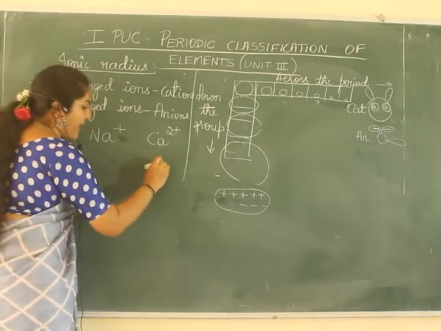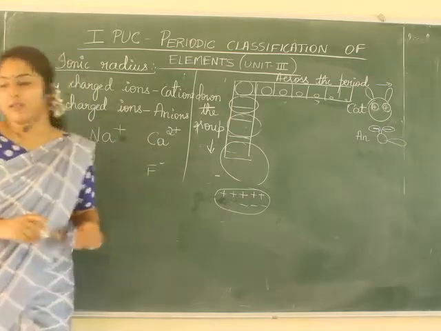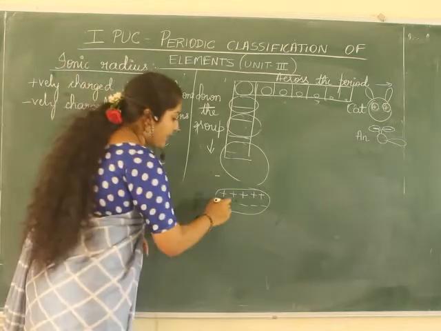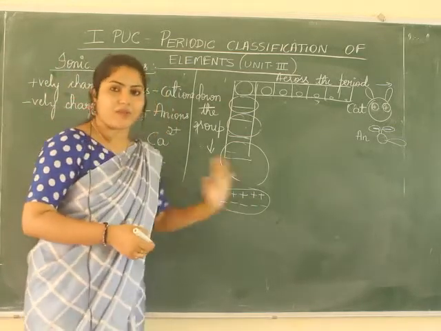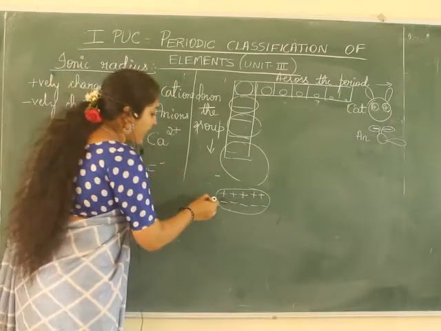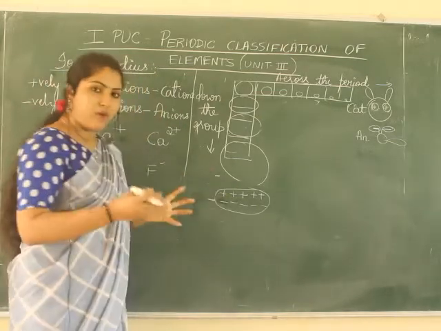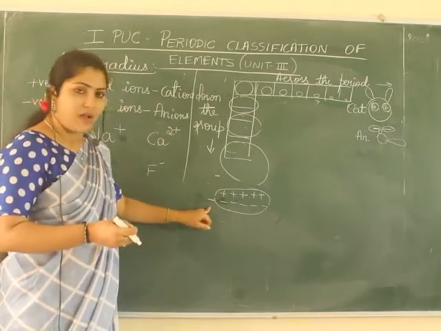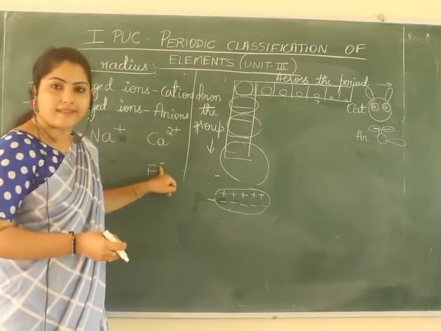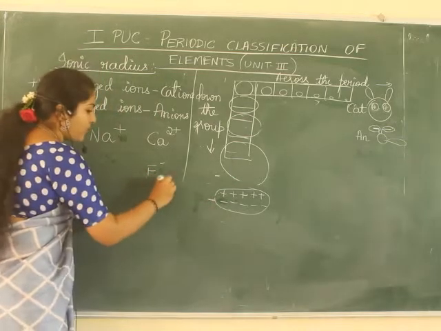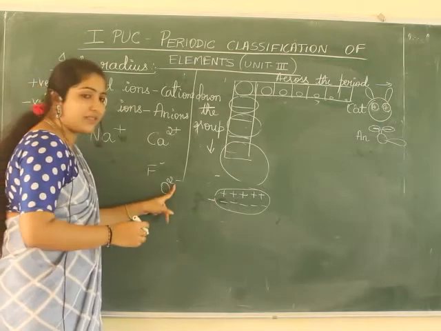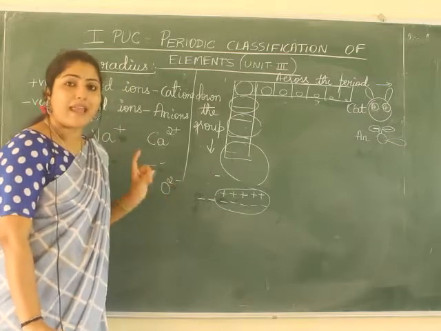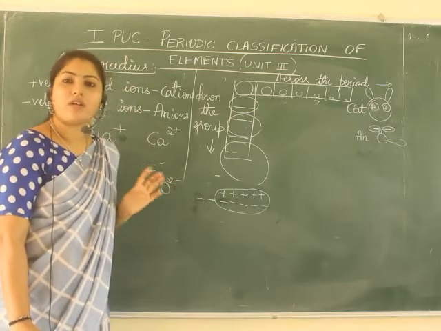Now if we write F-, this is an anion, a negatively charged species. So what does that mean? It means that earlier all the charges were balanced, but now one electron has been added. If you add one electron, you are adding a negative charge, so one charge becomes extra, which we mention like this. If I write O2-, what does that mean? That means there are two extra electrons, two extra negative charges.